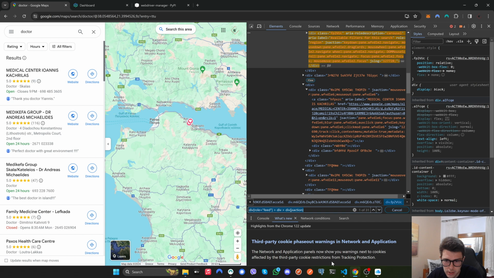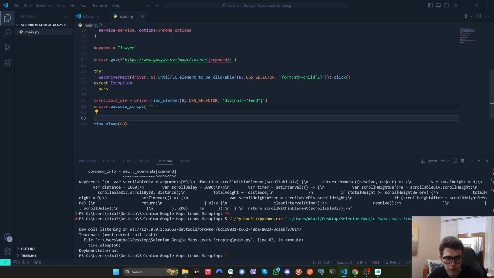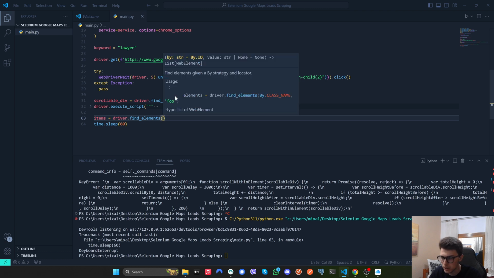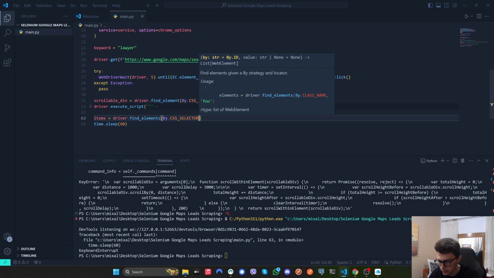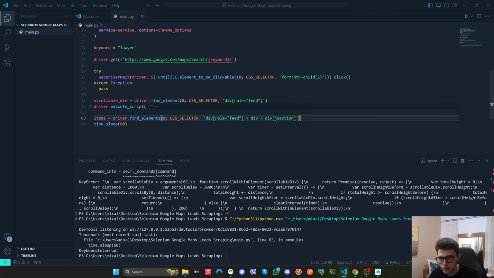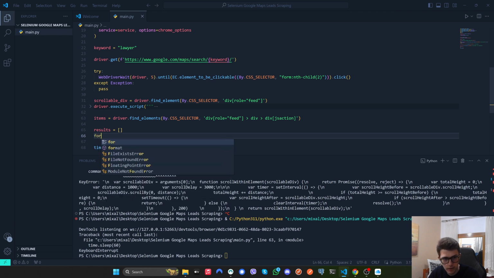So for now, let's copy the selector, which works perfect for us, and let's say items equals driver.find_elements, because we want to find all the elements that match this selector. And of course we'll use a CSS selector, and then there we go, put it here. And then what we will do is say results equals an array, to which we will append the data. And then we want to say for each item in items,